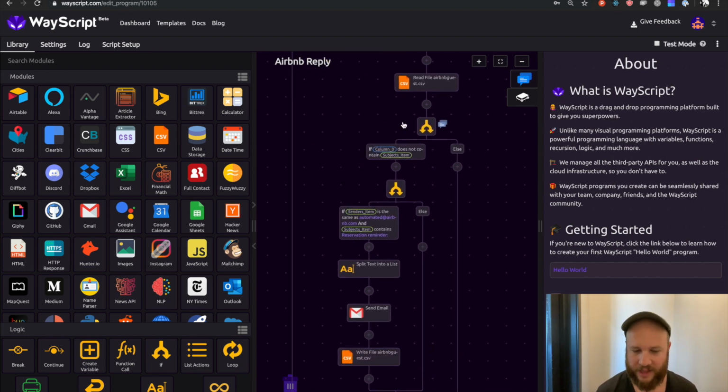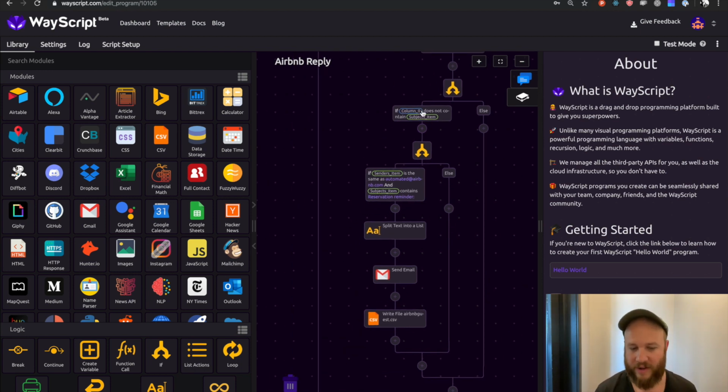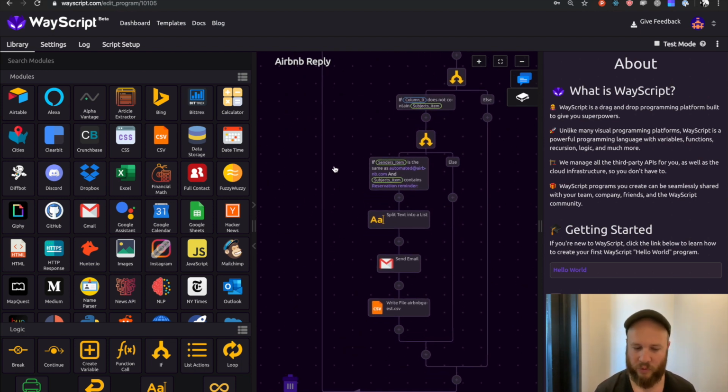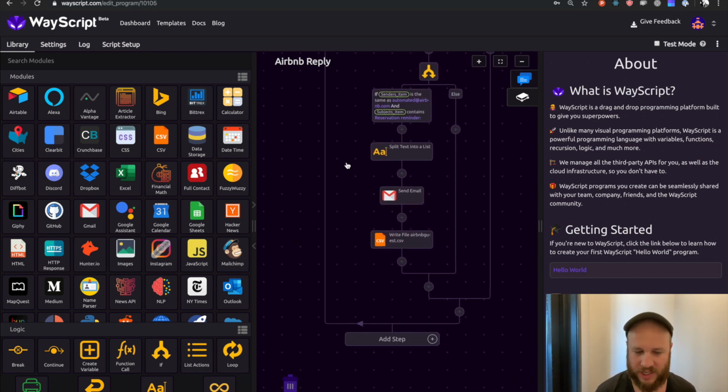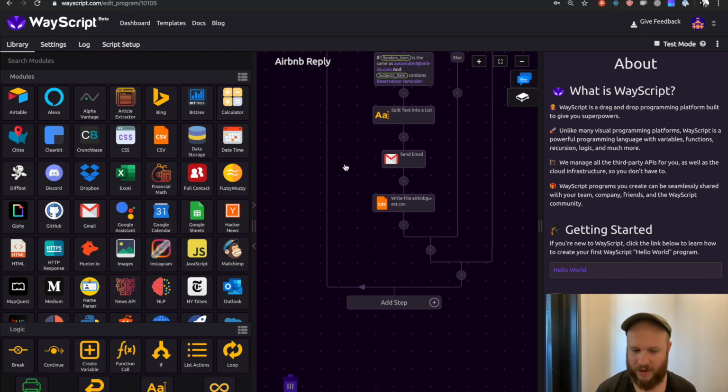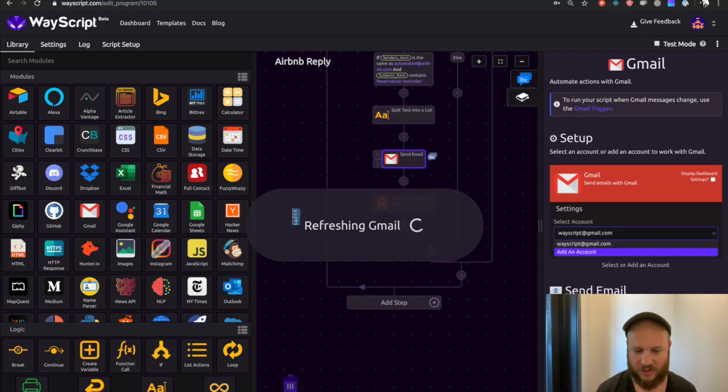I'm checking that by seeing if column 0 in the CSV contains the subject item, which I'm writing down here. And then if I have not received this email before, I'm going to check and make sure that it's the right email from Airbnb with the reservation reminder subject. Then I'm going to split the subject into a list to get the guest's name, and then I'm going to send the guest a personalized email